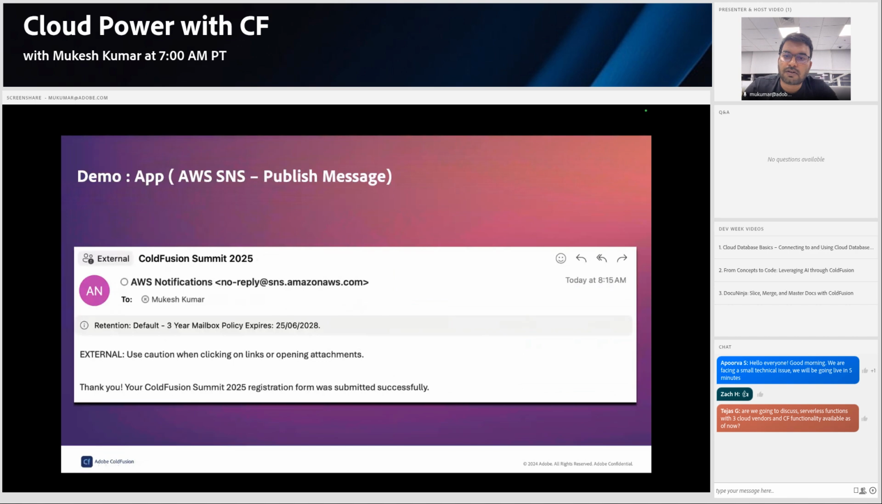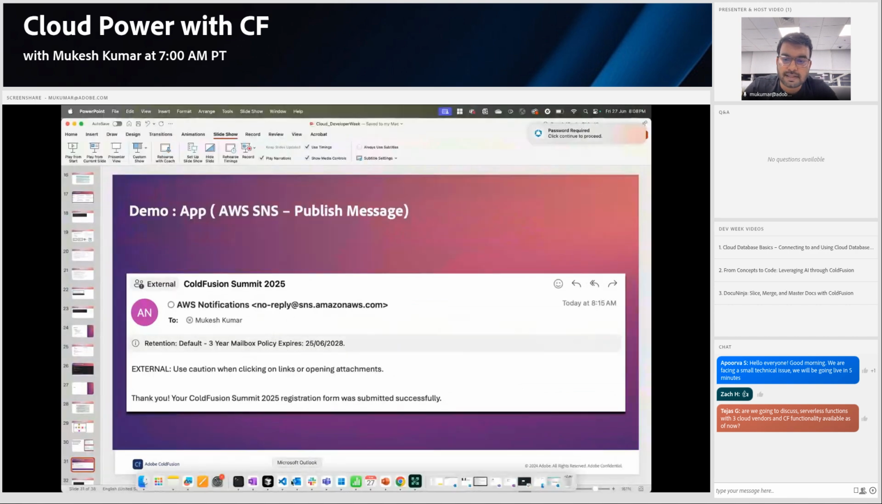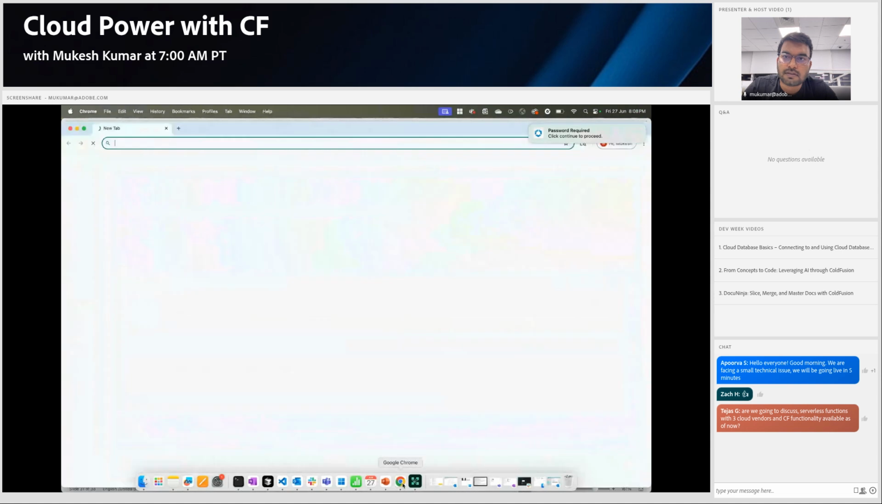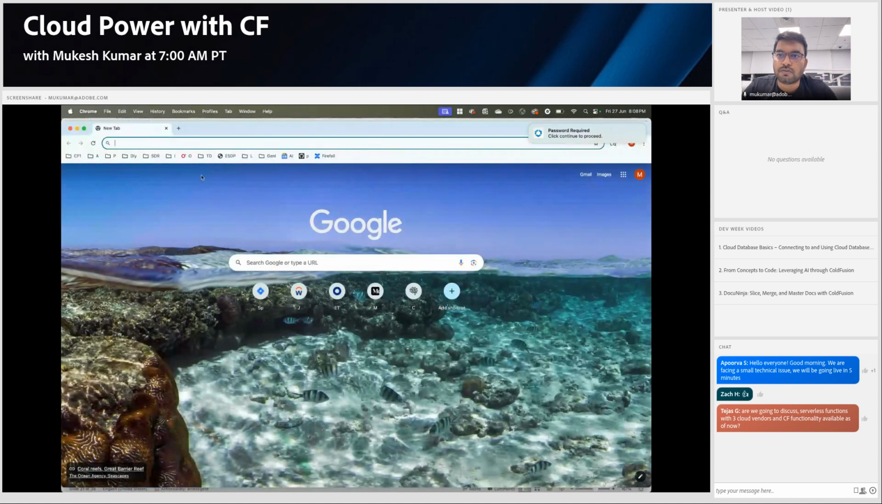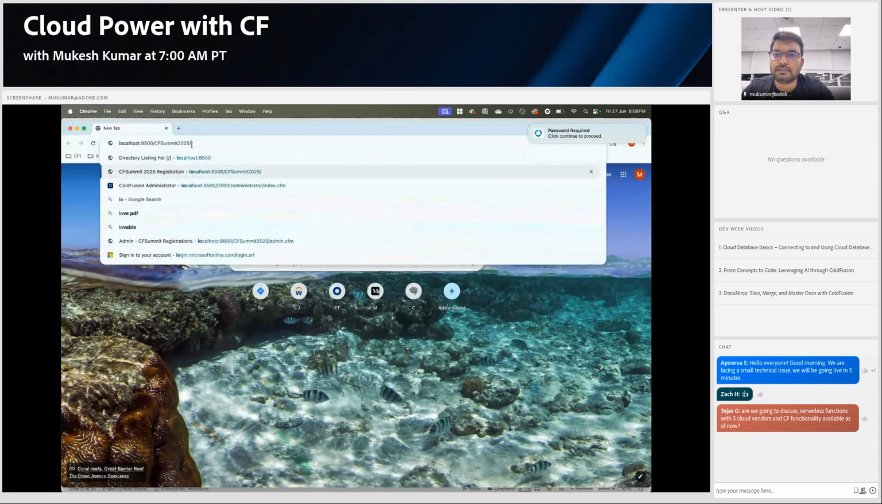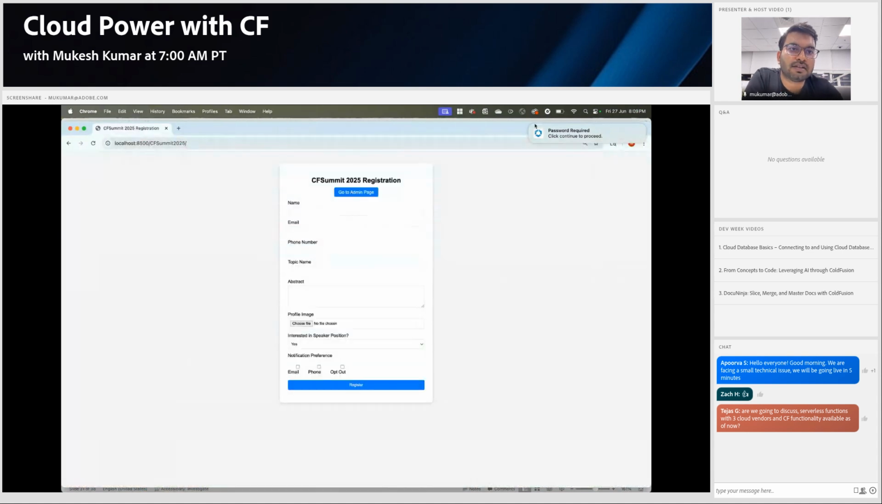So let's go back to the app. Hope you can see the screen. This is a sample app I have created, the CF 2025 registration demo app, where you can fill in the details. Suppose I fill in the details as Mukesh, Kumar, and the phone number. Suppose I want to discuss the cloud session part, and I provide an abstract, integration